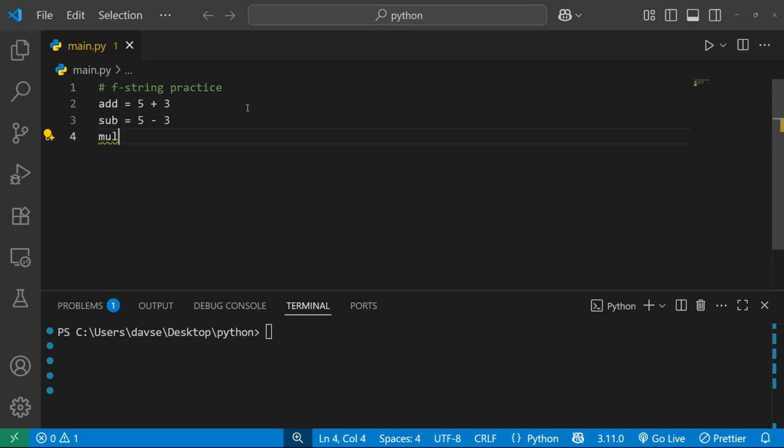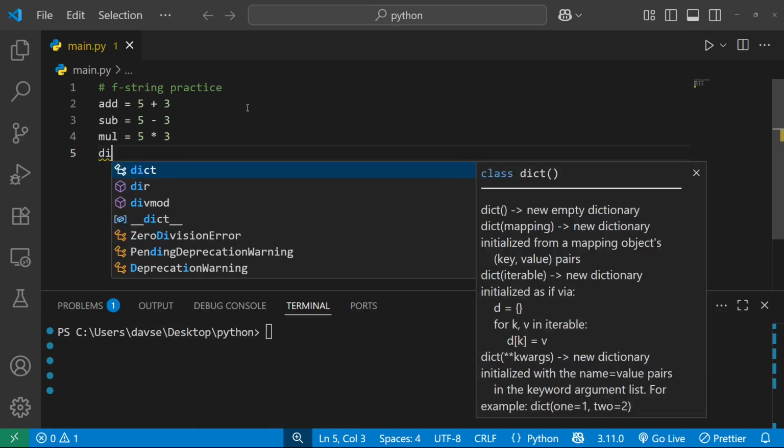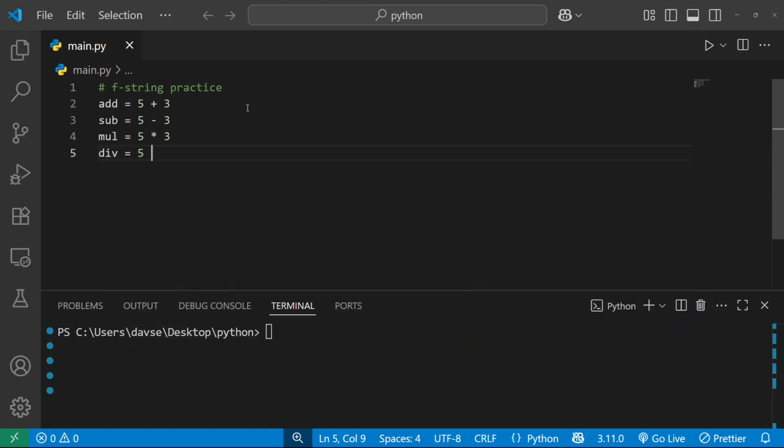Mul, like multiplication, something like this. And I will write div, like division, okay? And it goes like this. And now I want to use f-string and write the results, okay? You can write it out in one print if you want. So in one print you can use four variables if you want, but I will